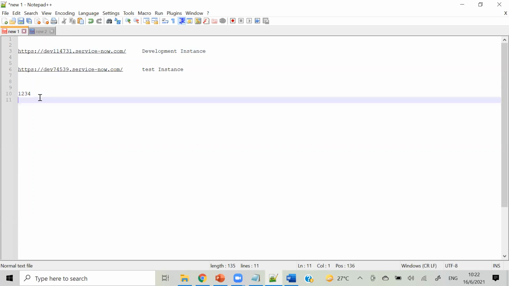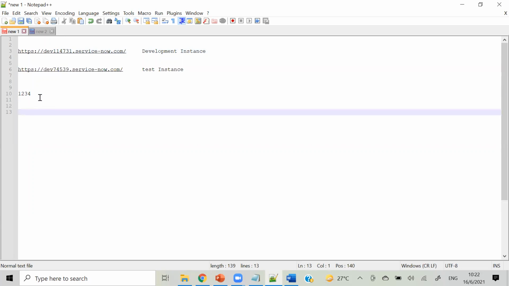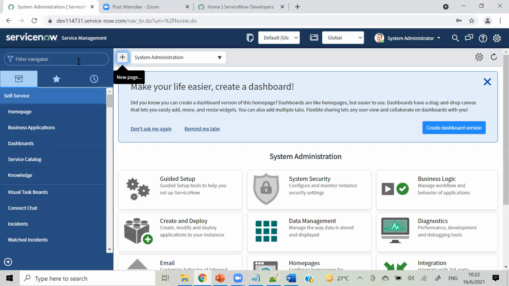One more thing before that: in real time, for development we will get some user stories, for example our user story is 1 2 3 4 5. What is the best practice we follow for creating an update set? We will see that.